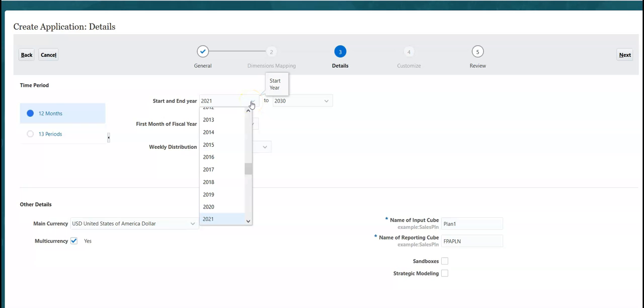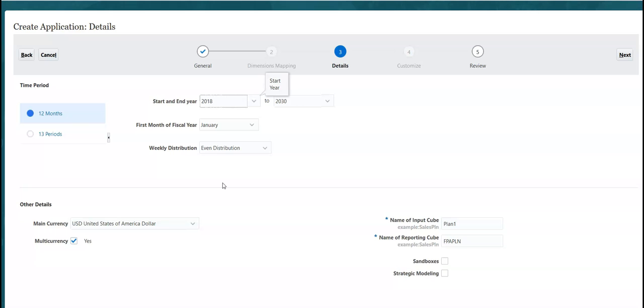Usually, even though the current fiscal year is 2021, in a few cases, clients would require past budgets or past actuals to be loaded in the system for historical data. So in this case, I would select start year as maybe 2018.